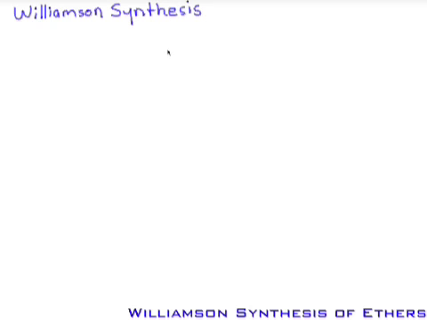The Williamson synthesis is an SN2 reaction on an alkyl halide that's methyl or primary. So we do an SN2 by attacking